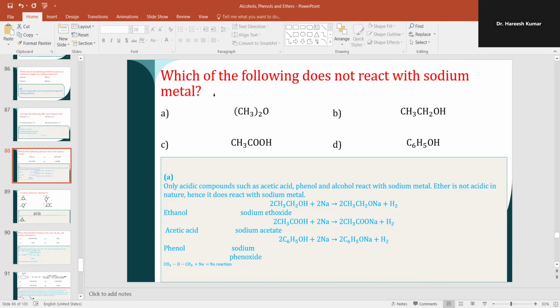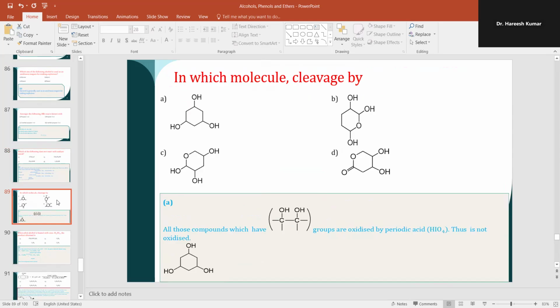Which of the following does not react with sodium? Sodium does not react with ether, whereas it will react with acid proton, ethanol proton, and phenolic proton. Let's take another one. So in which molecule is there cleavage by